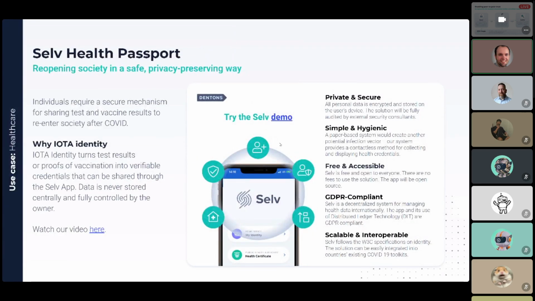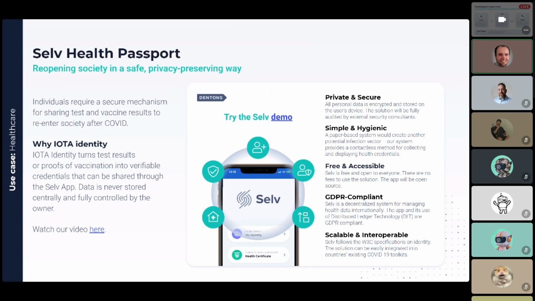So let's go through some examples of how this can be used or is being used. So one of the examples that we created was the first Self demo, a health passport. You can find that on self.iota.org. And this demo basically shows the probably well-known COVID passport that many countries have adopted nowadays.